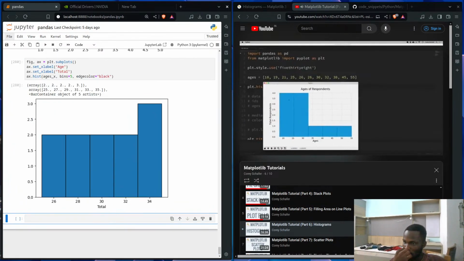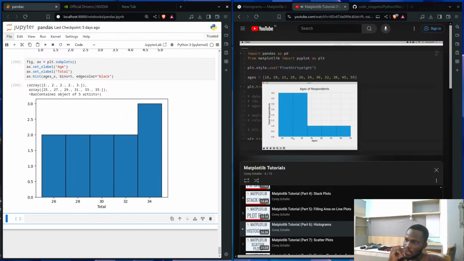And let me explain what this is actually doing. So we said that we wanted our data plotted on a histogram and we wanted that broken up into 5 different bins. So it calculated those ages for us. So this looks like it's between, let's see, 18 and like 26 maybe, and then 26 to like 33 and so on. But what this is telling us here is that there are 4 people in our ages here that